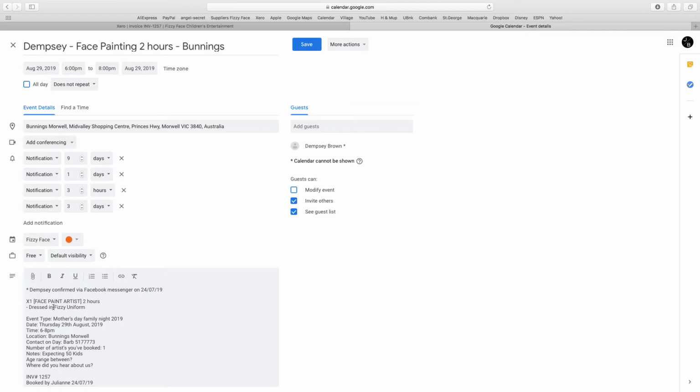And I do that particularly for newer people that perhaps might not be as reliable for jobs, so that when they say, oh, I didn't know about that job, I'll say, well, actually, you said that you were able to do it on the 24th, and I can screenshot the conversation just to make that person accountable. But obviously Dempsey has never had any problems with that, so I don't really bother,